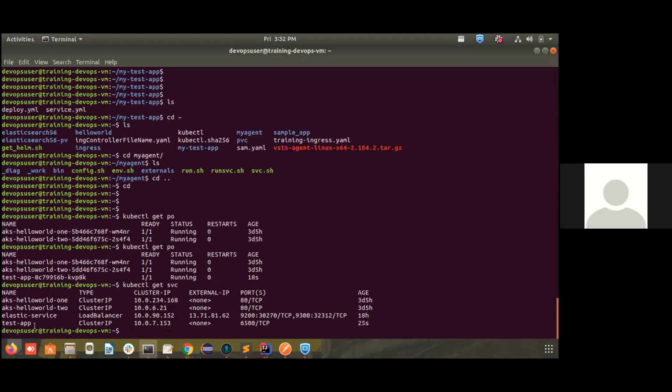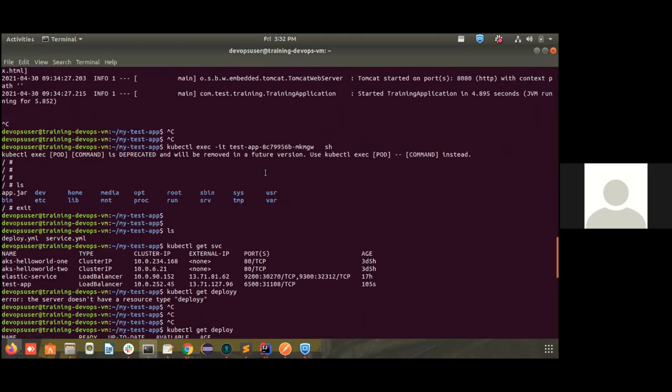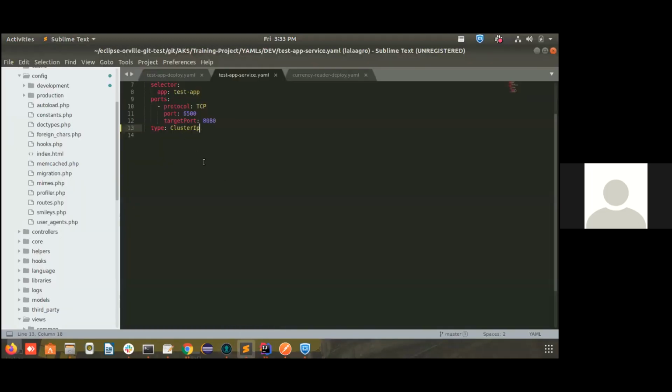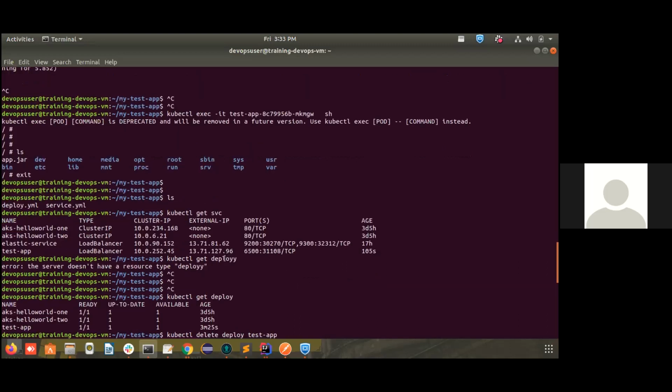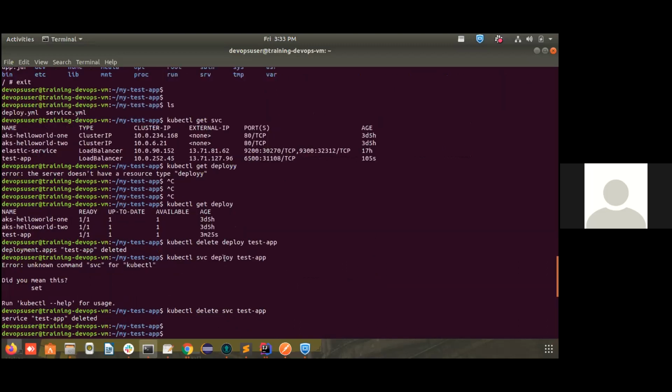See, last time in the test app SVC, we had an external IP for the test app. I'll just go back. See, for test app, we had an external IP. Why was it so? Because in the service deployment YAML file, we had given LoadBalancer. Just now we changed that to ClusterIP. So the load balancer, the service itself will act as a load balancer, and it will give an external IP through which we will be able to access the particular deployment.